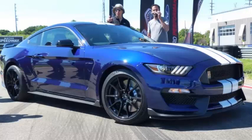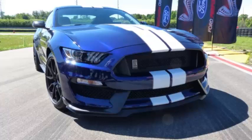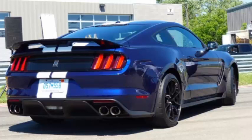The 2019 Ford Mustang Shelby GT350 is being shown off today at the M1 Concourse racetrack in Pontiac, Michigan. While it's a lot like the outgoing model year car, Ford says it offers some important track-oriented upgrades. Ford promises faster lap times in the 2019 GT350, with the most important new component being the tires, Michelin Pilot